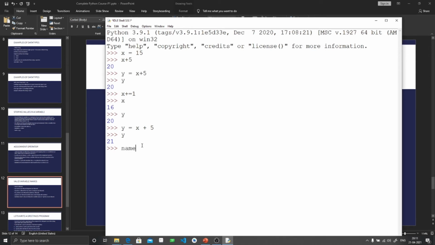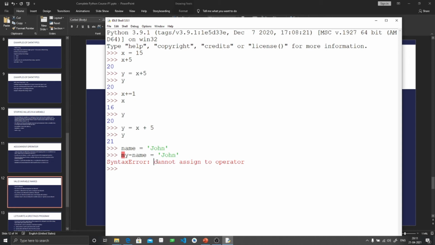If we declare name equal to John, then this is allowed. But if I give my hyphen name equal to John, then this might throw an error that it cannot identify what this is, because hyphen is not allowed in variable naming.